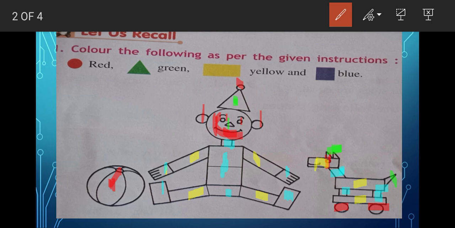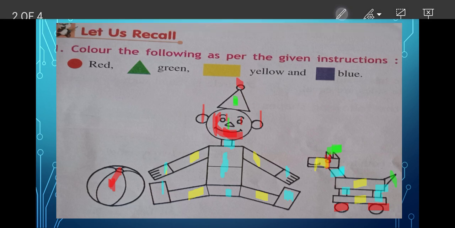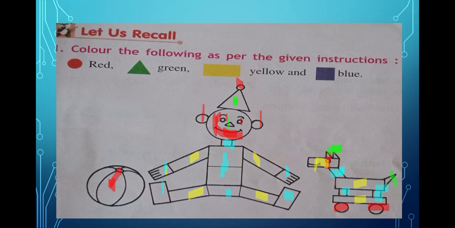All right. Now let us do the second, number 2. This one is number 1, written here number 1, in your book. Now number 2, what is the question? I hope this one is clear for all of you, and I'm sure you have enjoyed coloring this one, right? Color nicely and make your book beautiful, okay?